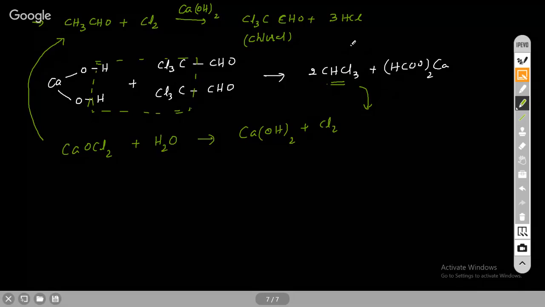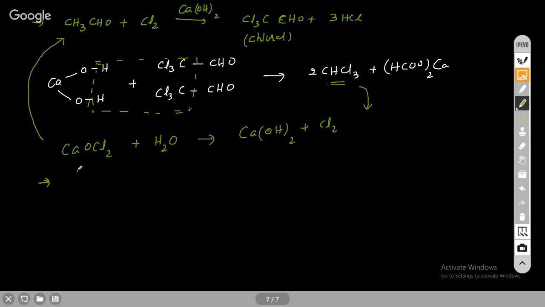So one reaction that you have already seen, when iodoform reacts with silver, it gives you acetylene. In preparation of alkyne, we have done that. Another reaction you see here: instead of iodoform, we can also use chloroform over there.